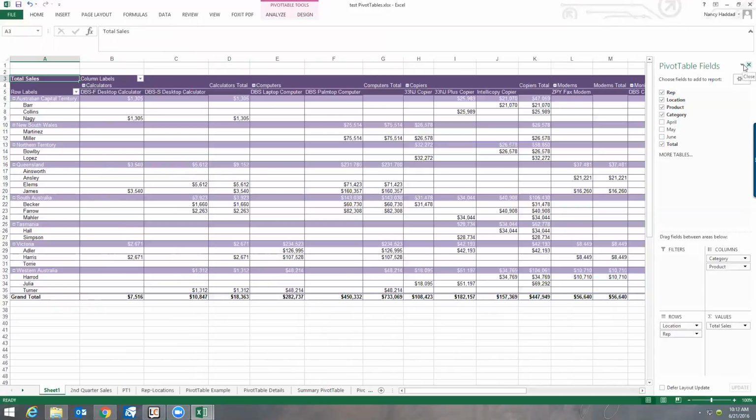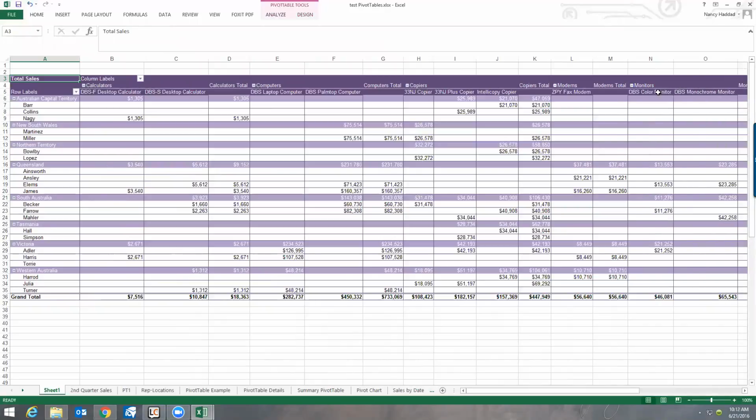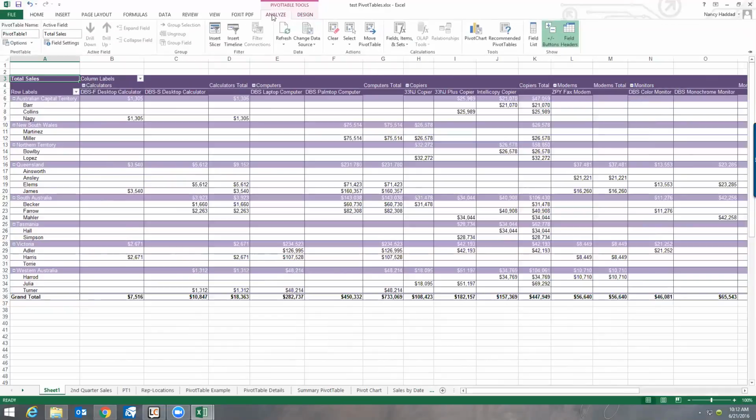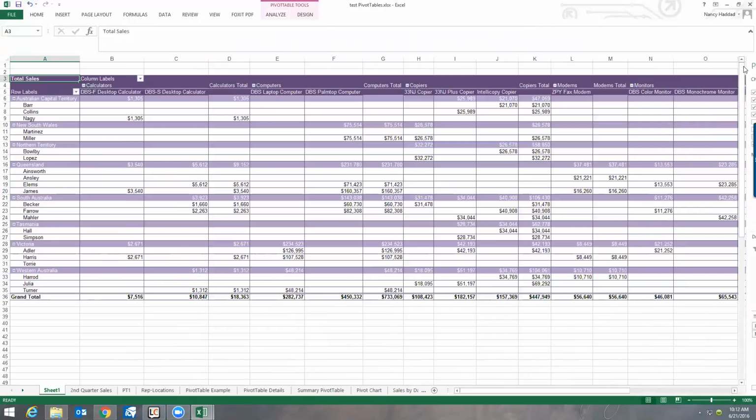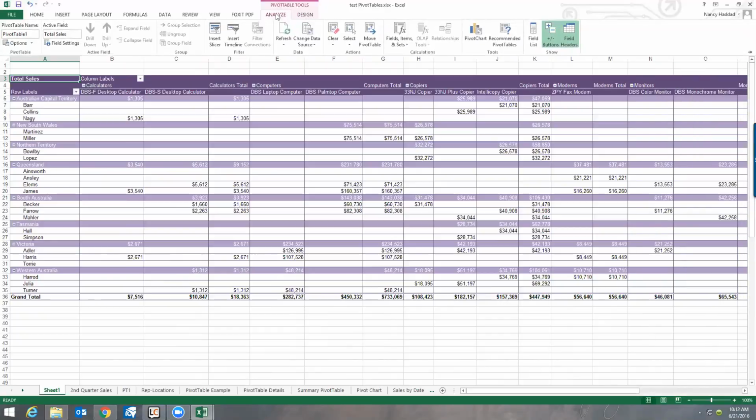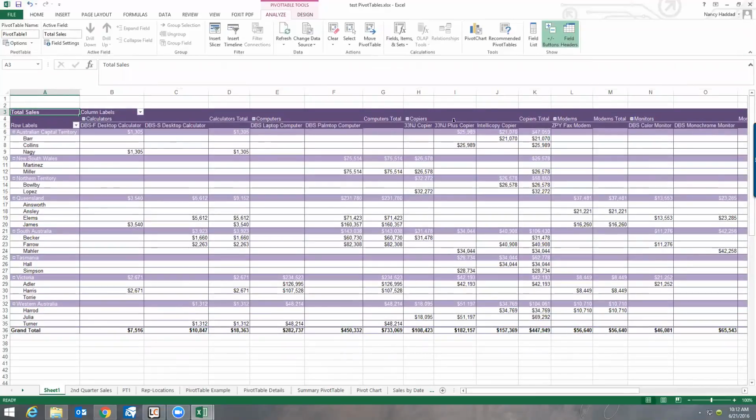I can also close this pivot table field panel, and I can open that up anytime I want. That would be in the Analyze tab here, field list, turn it on or turn it off. Okay, so that's under Analyze. I want to tick that on there. Okay, now,